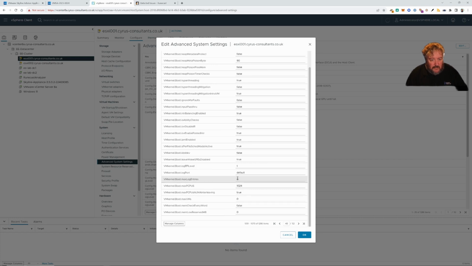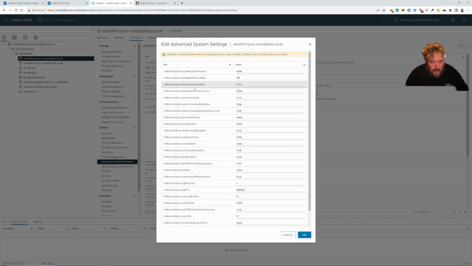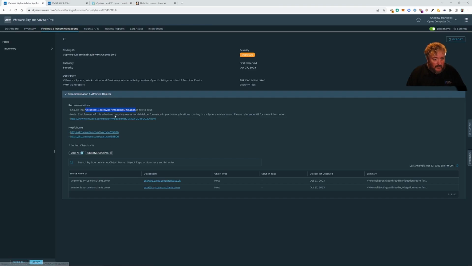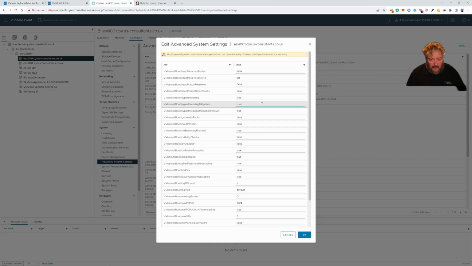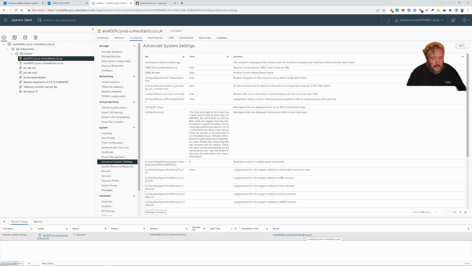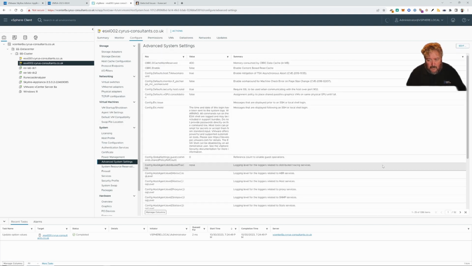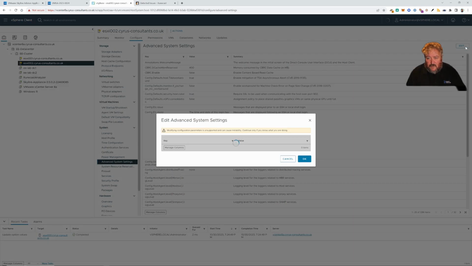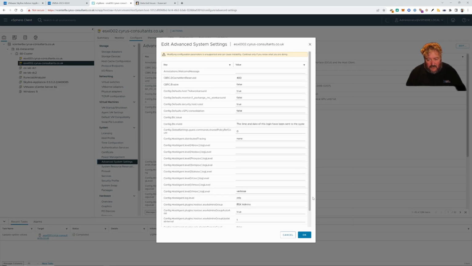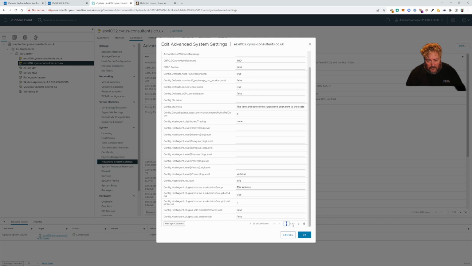I'm concentrating. VM kernel boot, hyperthreading mitigation, and we want to set that to true, according to the Skyline article here. So I'm going to set these values to true as well. So that's ESXi001 queued, and I'm going to do exactly the same thing on ESXi002, and as I said, I left these deliberately a long time ago so that I could demonstrate that it would be flagged in